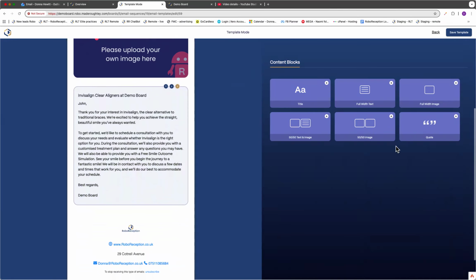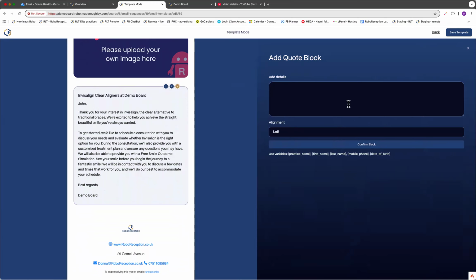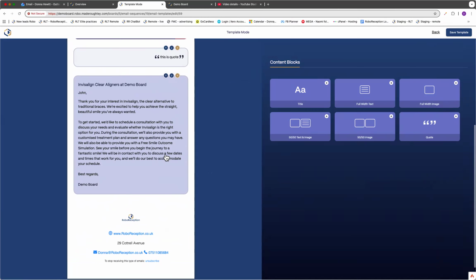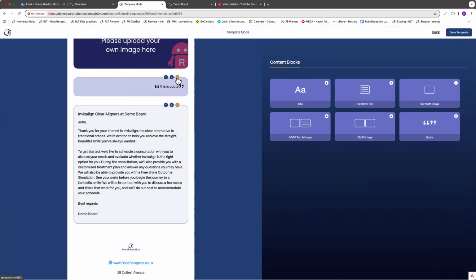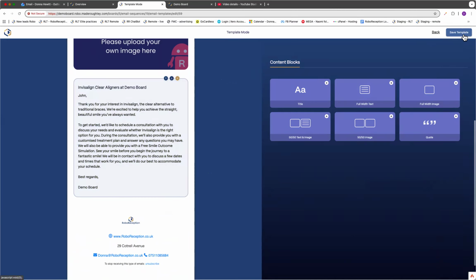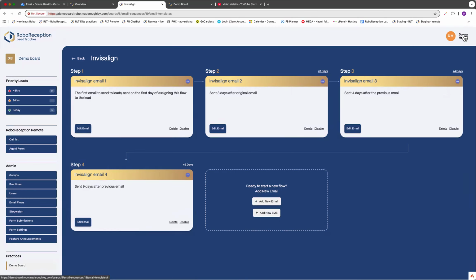If you want to add any of these things in, you absolutely can. That's no problem. You can click it, type in whatever you want, choose where you want it to be, and then again press confirm, and that will then set that up for you as well. If you want to move it around, you can click the up and down arrows, or if you want to remove it, you can just click the X there as well. Once you're happy with that email, you can press the Save Template button, and that's going to take you back